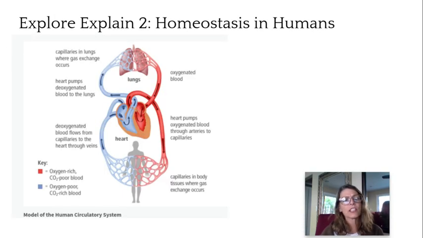So the next section, Explore Explain 2, is going to show you how some specific control mechanisms happen inside your body that involve interactions between lots of different body systems. Messages are usually sent between receptors with nerves or hormones, and hormones are always, of course, traveling through your bloodstream, going through your heart, and can go all over your whole body. Sometimes the effectors are glands. For example,